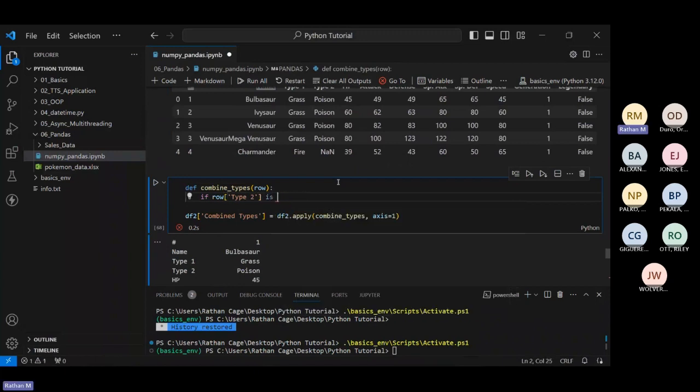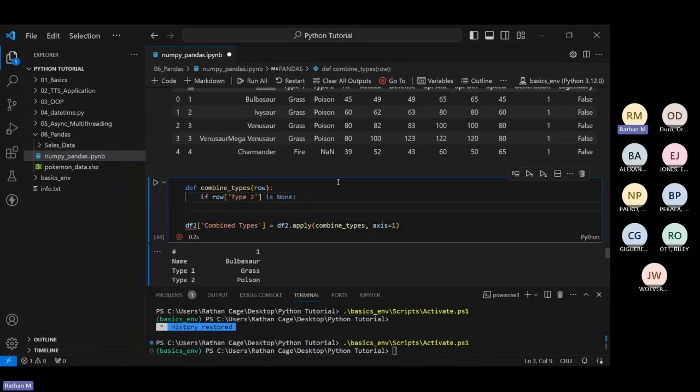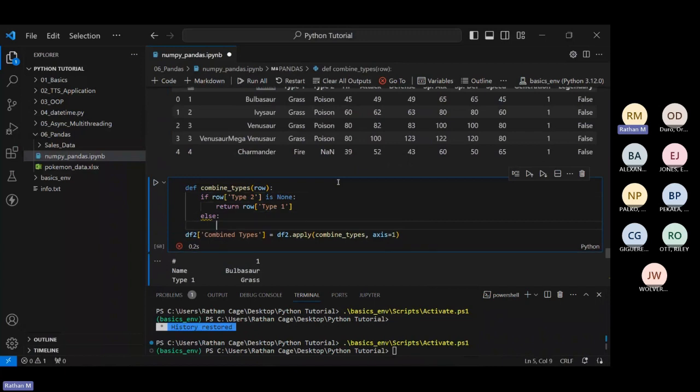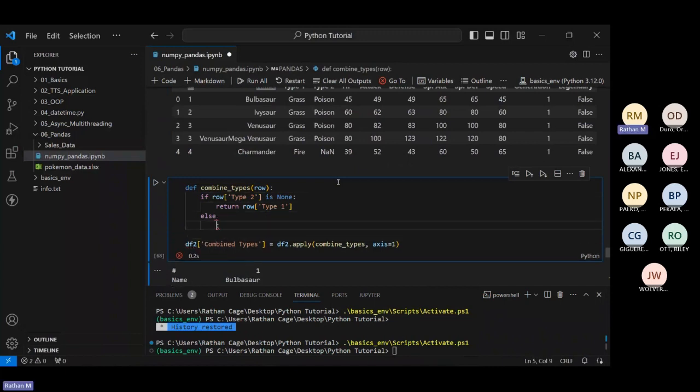or let's start with is none. If type 2 is none, we don't need type 2 at all at that time. We just need type 1. That's all we need. So if type 2 is none or it is empty, we will return row of type 1. Otherwise, we know type 2 can either be empty or non-empty. If it is non-empty, in that case, we're going to return here row of type 1